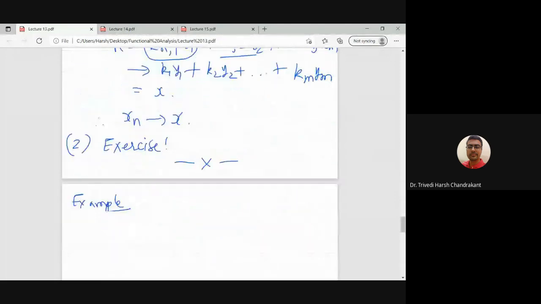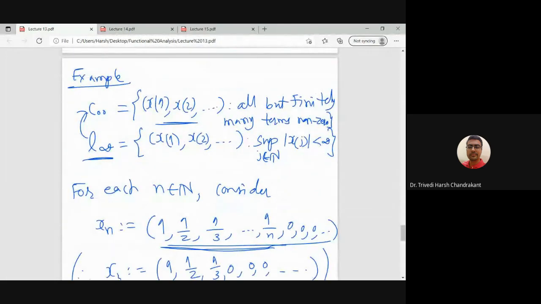So xn converges if and only if these m sequences converge, and similarly for boundedness. We discussed one part, the other part I have given as an exercise. Then we discussed one important example, the L infinity space, as a subspace which is not complete. That is basically the infinite dimensional subspace of all sequences which have only finitely many non-zero terms.